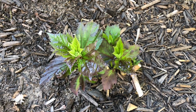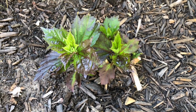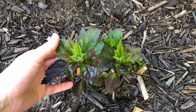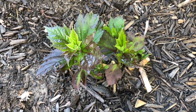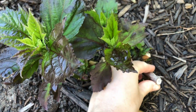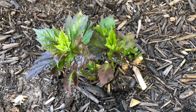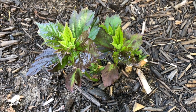Here is a hardy hibiscus plant that I planted a couple years ago. It's June 18th, and you can see how small this plant is. It's going to get huge over the next couple months, but they're so slow to come out of the ground in the springtime. You can see last year's stems are here. I cut them back. I usually cut them back maybe to like 6 inches to a foot in the late fall